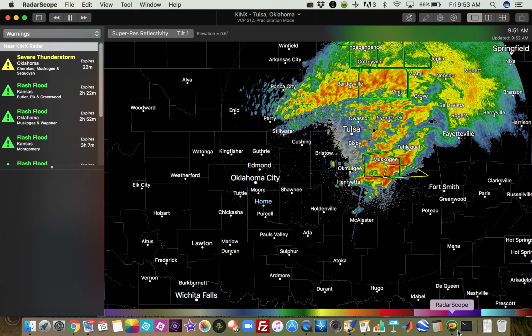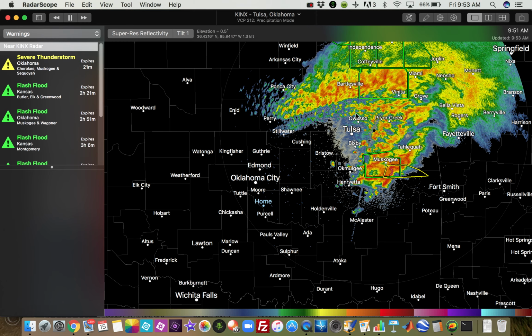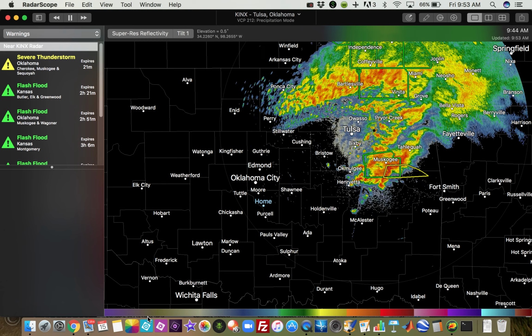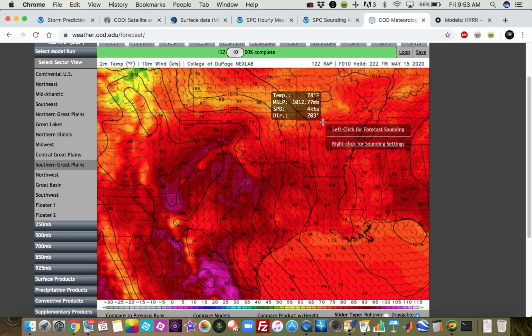This boundary is not moving all that fast. It's surging pretty good, but probably no more than 20 knots or so. So if we get 20 knot southerly winds moving into a boundary that's moving from the north to the south at 20 knots, well, it's going to stall. Where is it going to stall? Still, there's a question of will it stall. 20 knots might be a little bit